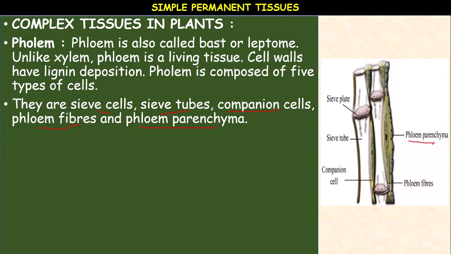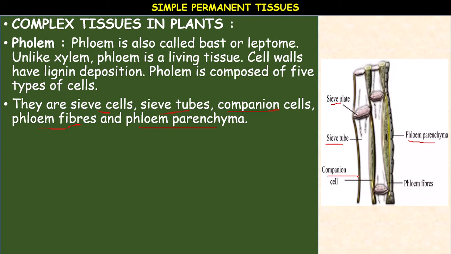Phloem transports the organic food materials inside the body of the plant. It consists of types of cells, that is sieve tubes. These sieve tubes are conducting channels formed of several enucleated cells, meaning non-nucleated, due to the presence of sieve pits, and the end walls are commonly called sieve plates. The sieve tubes are made up of sieve plates.